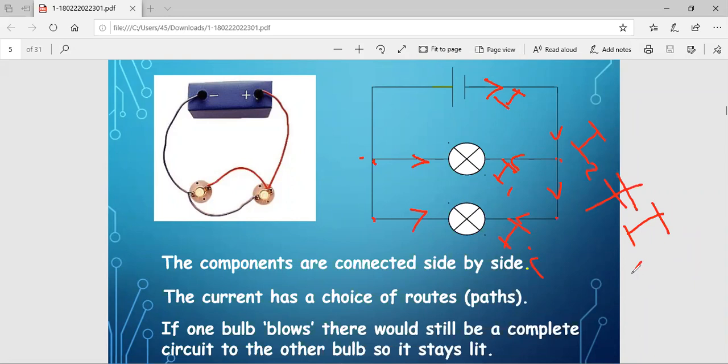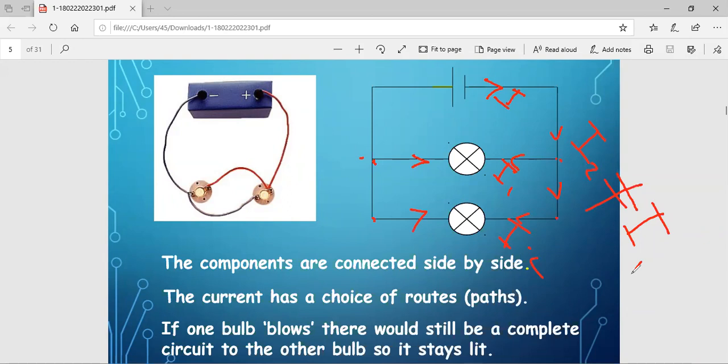Remember when we were talking about the series connection, we were saying that the electric current is equal? The value of electric current will be equal all over the electric circuit. Nothing will happen to the electric current. But now keep this in mind as a very, very important difference between parallel and series connection: in the parallel connection, the value of electric current will not be equal by any